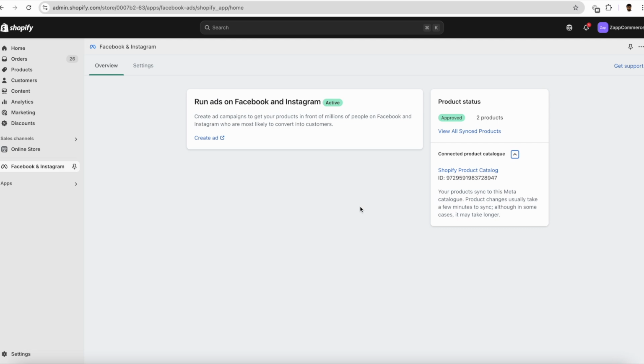Okay, so now it is connected. It is syncing products. It has synced 83 products, and it will keep syncing. So meanwhile, we'll go to